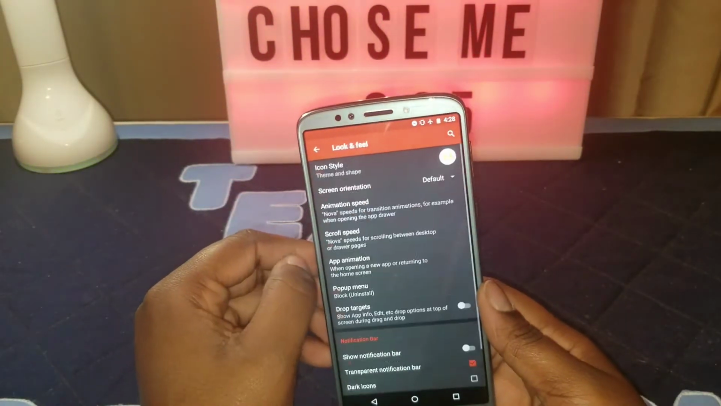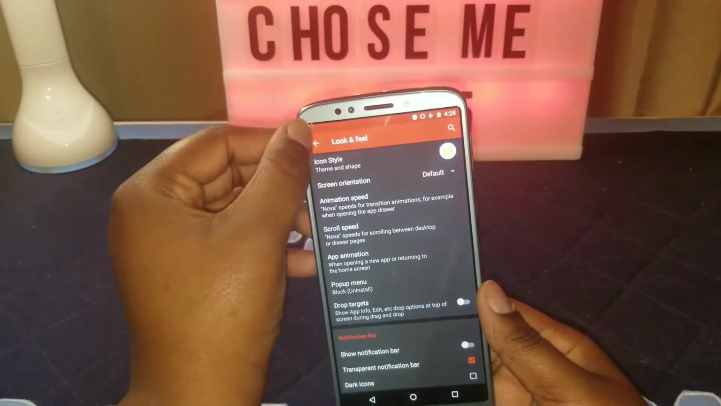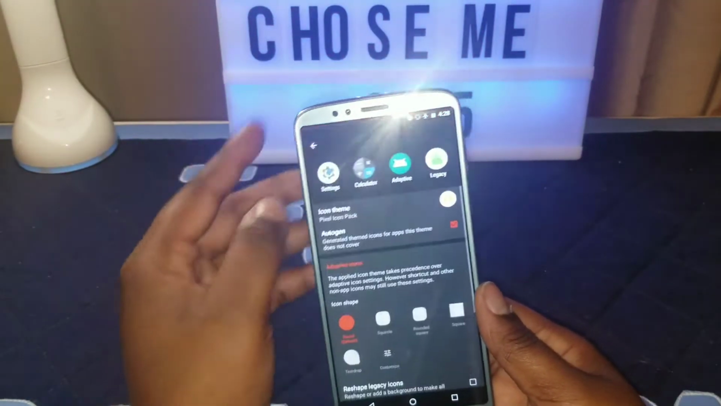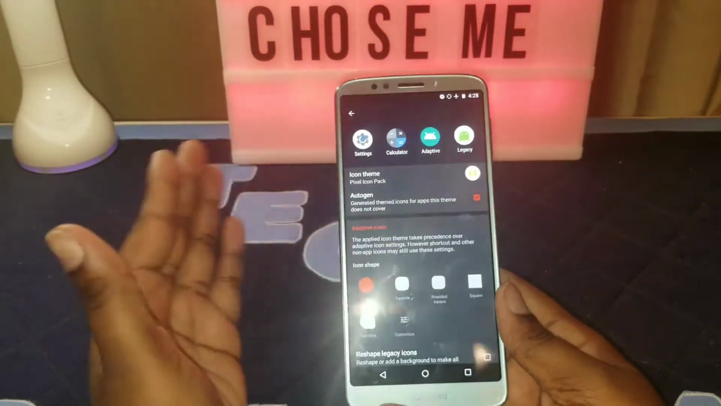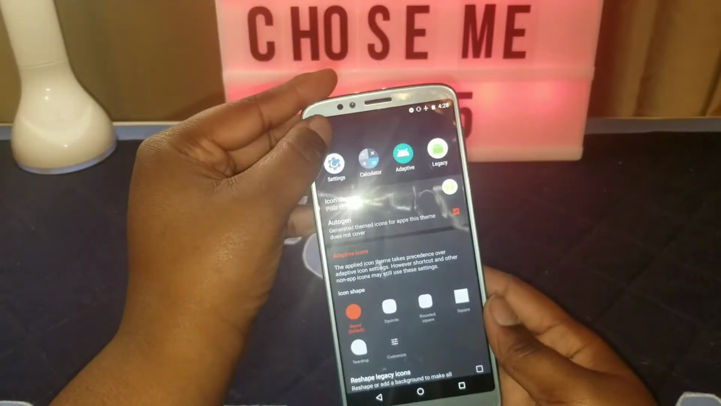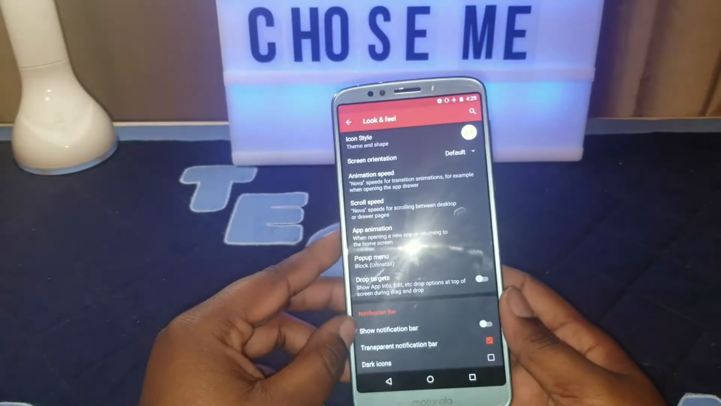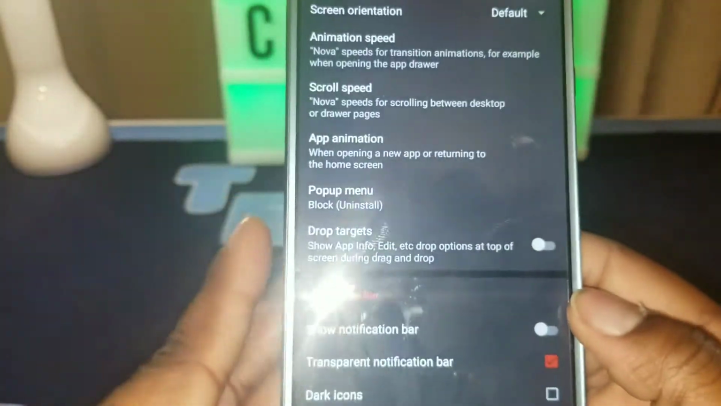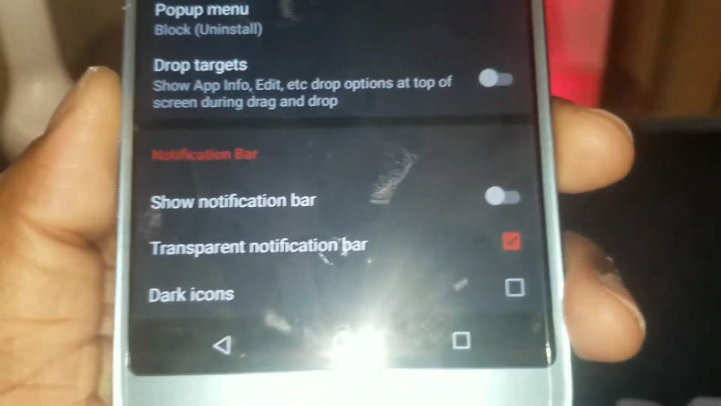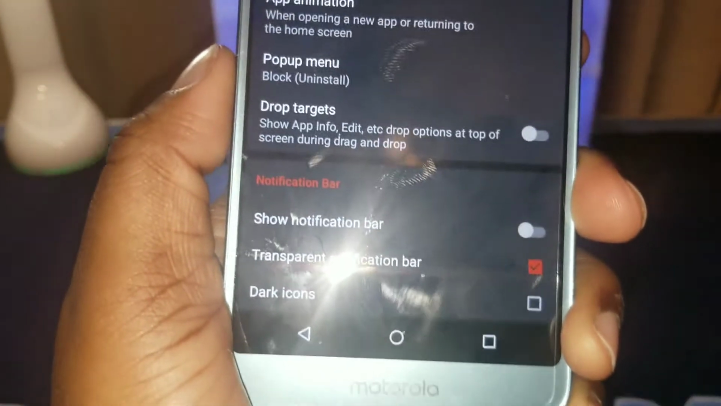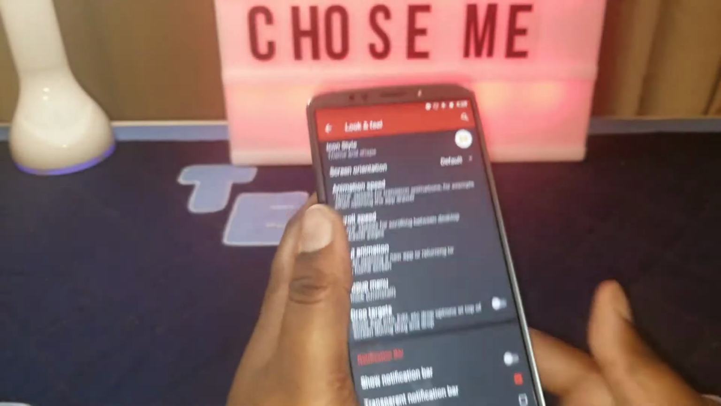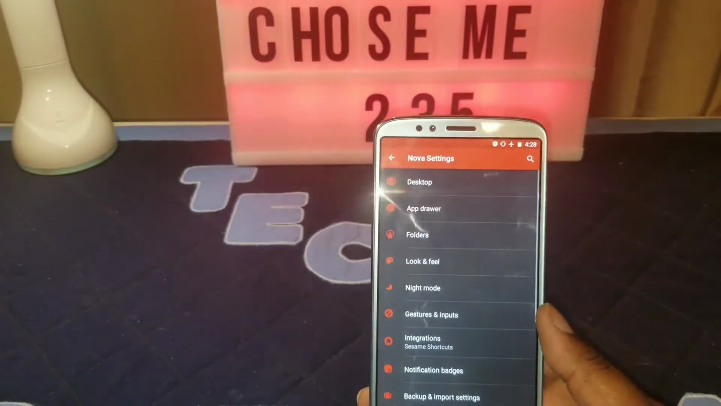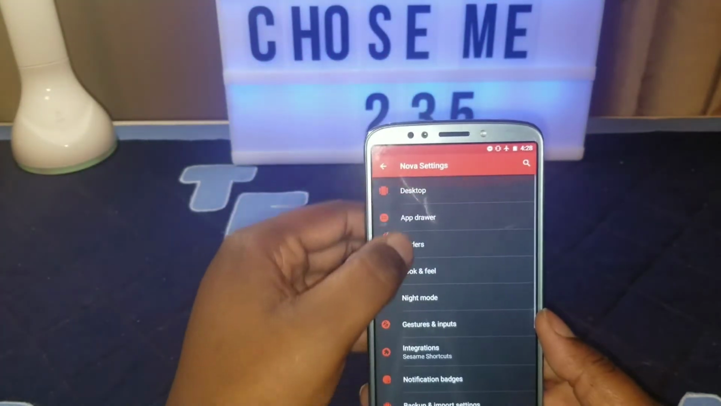My look and feel. The icon pack that I am using is the Pixel icon pack. I love it because it makes the icons round. And that's the look I'm going for. And the reason why you don't see my notification bar is because it says show notification bar. I have that checked off. Transparent notification bar, that's cut on. Dock icons, you can make those be dark, but I don't want to because it won't match my home screen setup. Folders, I have folders,